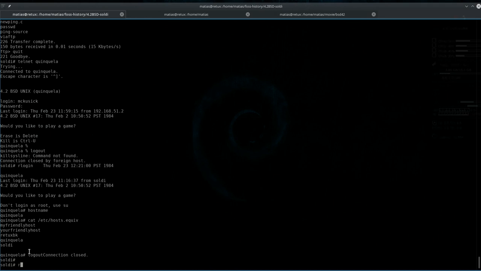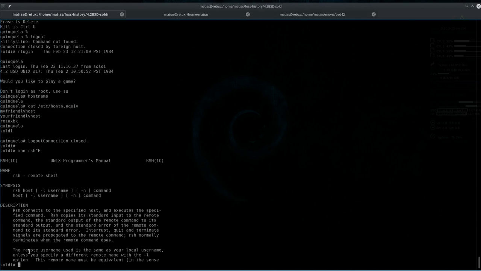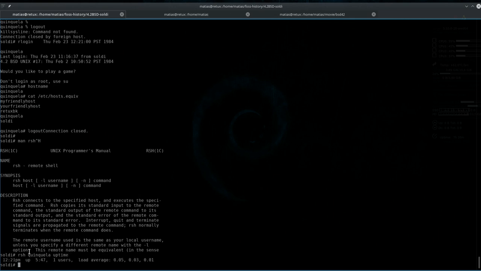Other utilities were, for instance, remote shell. If we take a look at the man page for remote shell, we can, for instance, run remote shell, the host name and the command uptime, and we'll get the response.